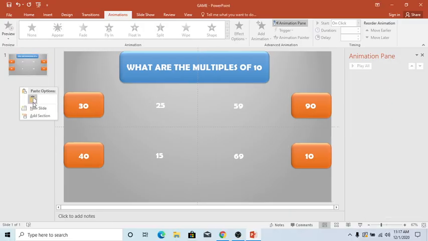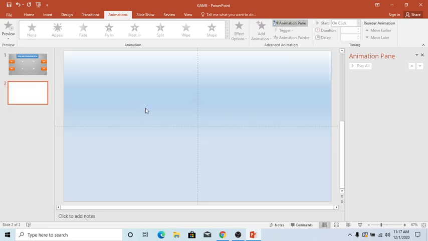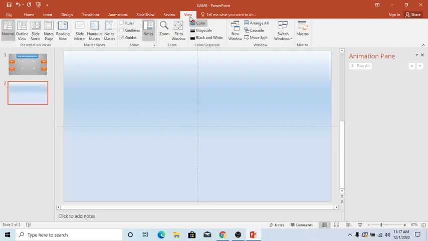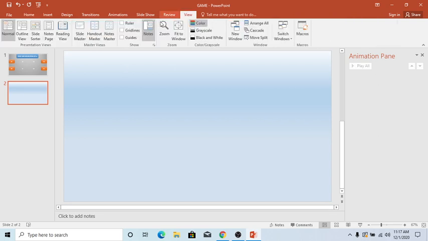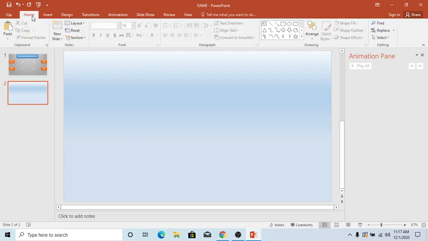So now what we have to do is go to another slide, create a new slide, and in this slide we have to go to view and then click on guides again, so that we can bring the same uniform alignment. Okay, so we don't need guides, we will not use guides, we will unclick guides, we don't need that anymore. So now we go on to shape.